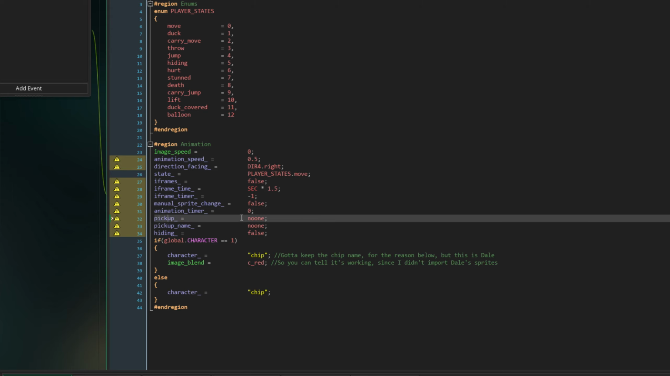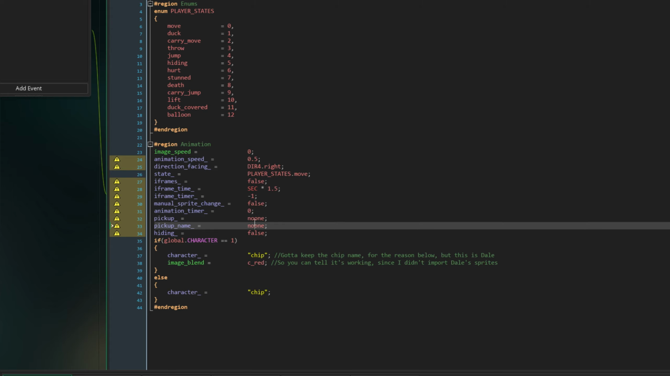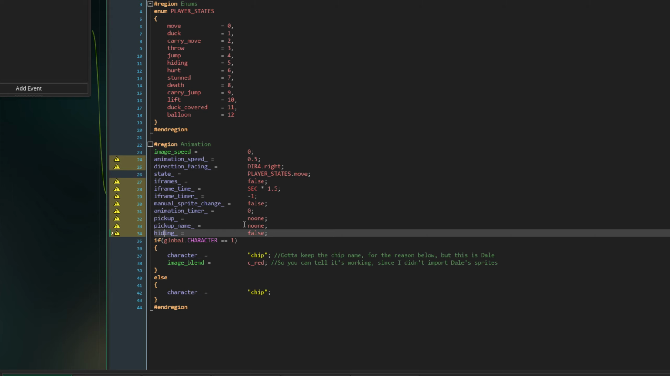Pickup will be used for picking up items. Pickup_name, again, used for picking up items. And hiding